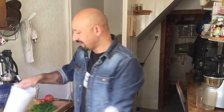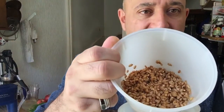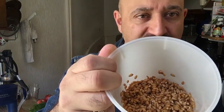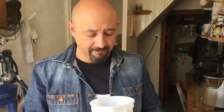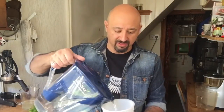So here we have the wheat berries that have been sitting and sprouting overnight, and I'll show you inside. You can see there's some little white bits coming out, so that's them actually starting to sprout, which is fantastic. If we just rinse them through very quickly, they can dry out, so what I like to do is give them a 15-minute soak. What I'm going to do now is just cover them in water,